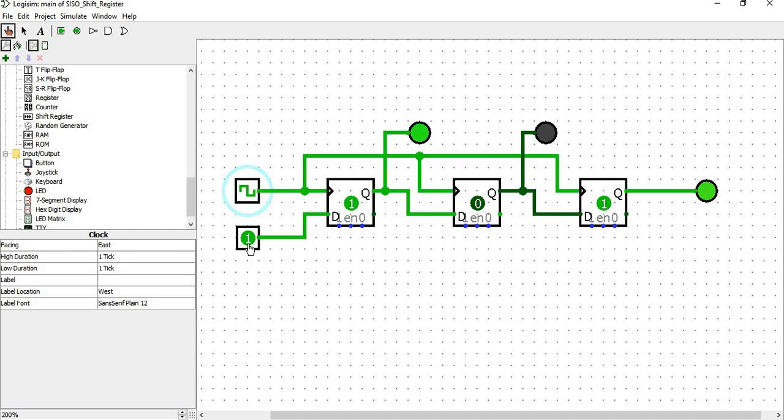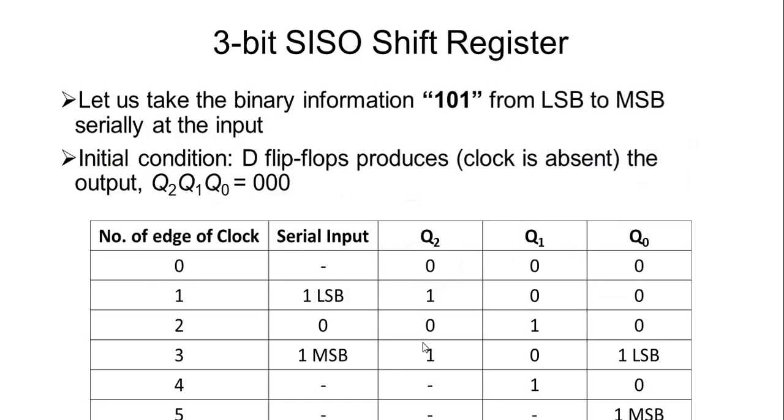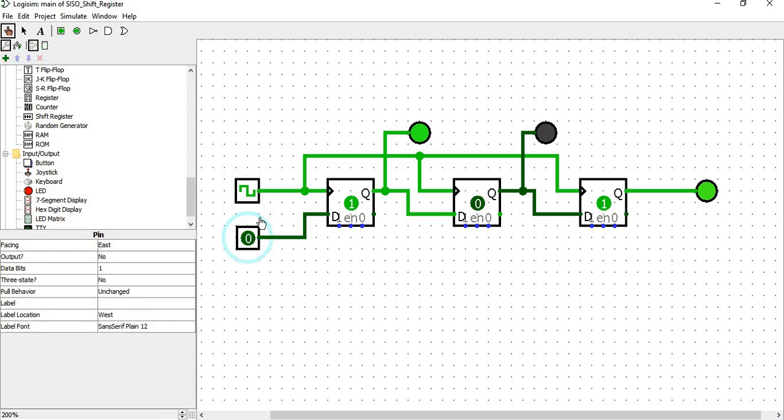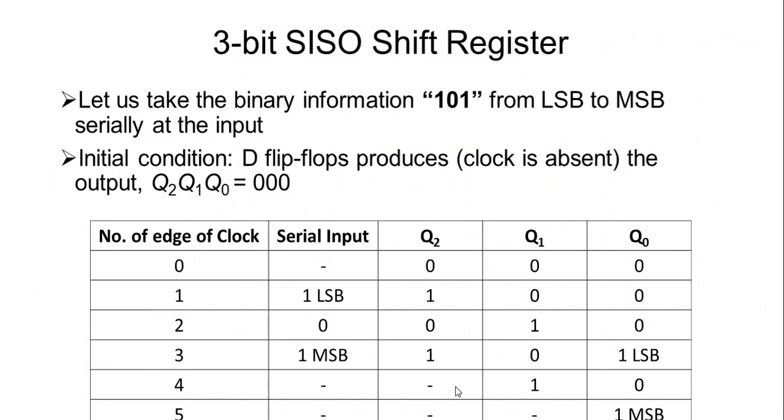Next I am not going to provide any data, because my data is 3 bit and I am done with that. So I will switch off the clock, then switch it on. Now you can see 0, 1, 0, which is the fourth one. This is my second bit. The first bit we have already got, and this is my second bit.